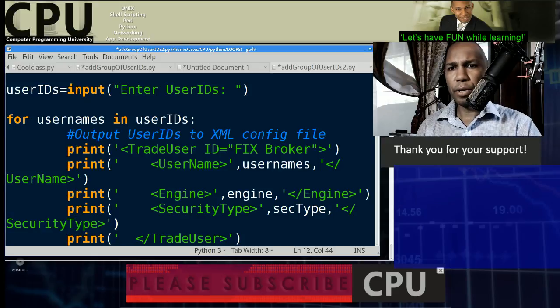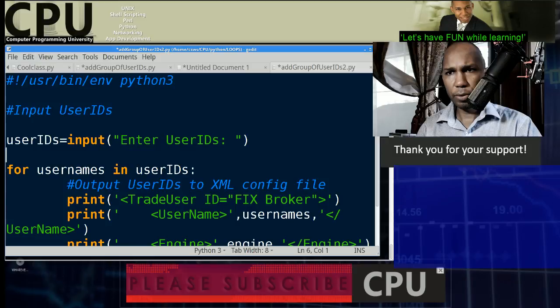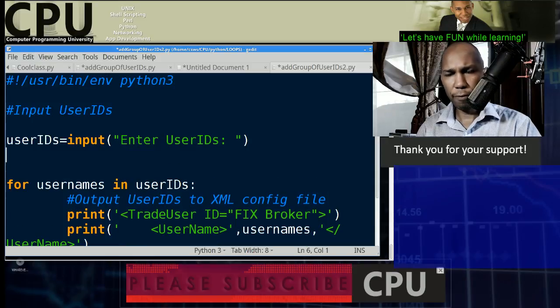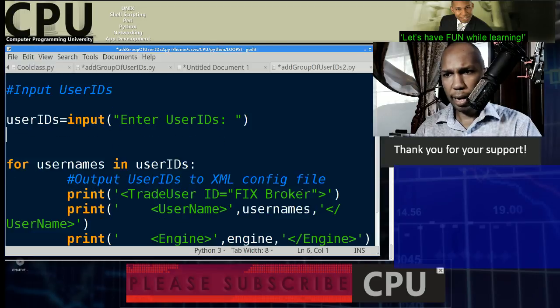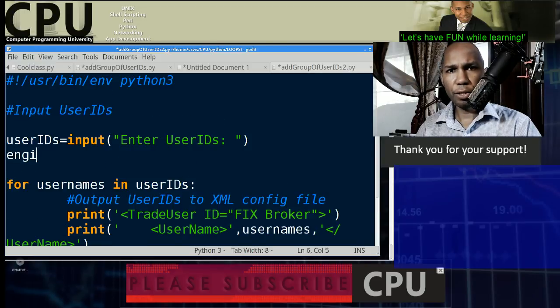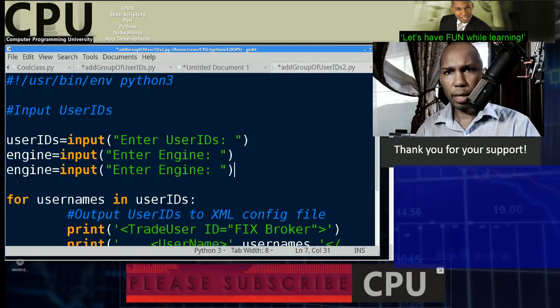Okay. So now we have to actually define these variables. So let's go up here and get that information. We already have usernames. Now we need to add engine. So let's go engine equals, and let's say input, and let's do that, and enter engine. All right, let's copy that so we don't have to type that again. And this one's going to be enter